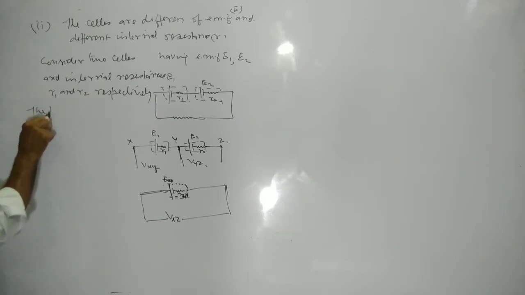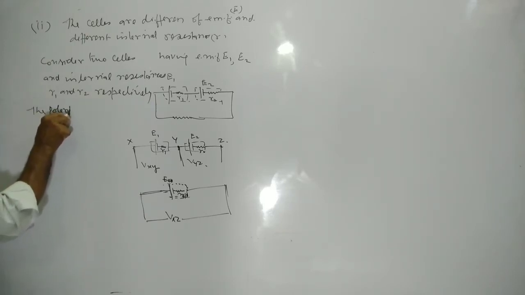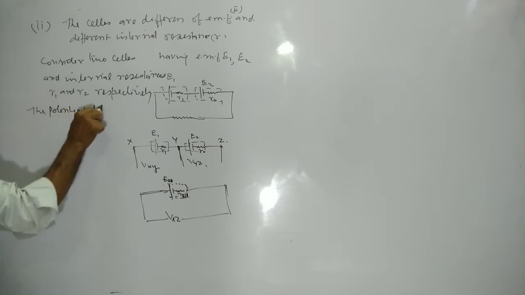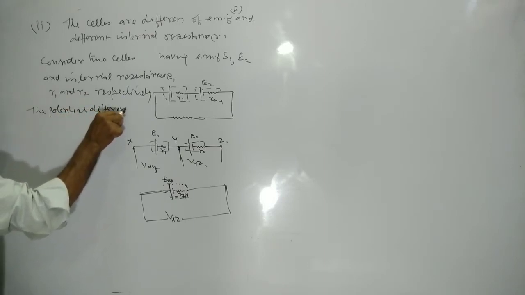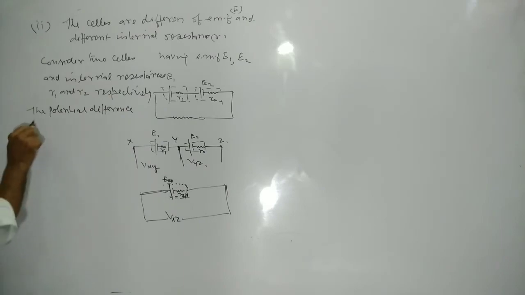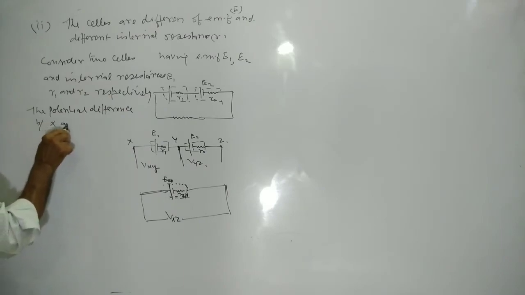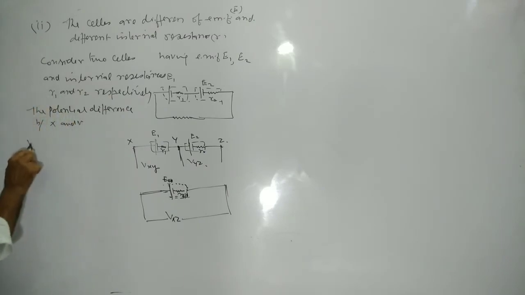The potential difference between the points X and Y, VXY is equal to